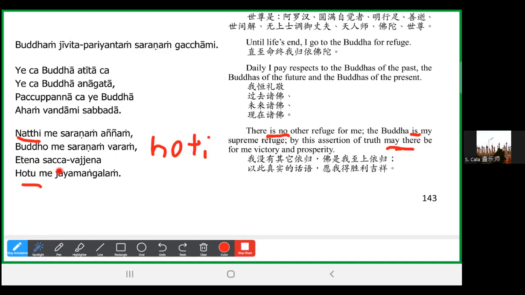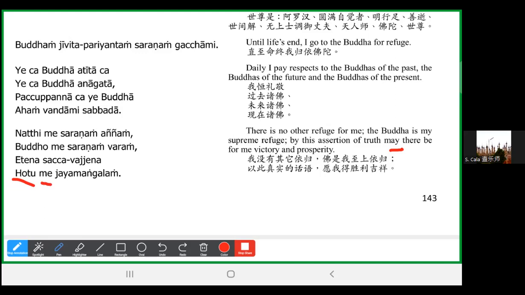All right. Now we're talking about the Four Noble Truths. If you want to learn the Pali word, Four Noble Truths is Satya. Especially when you learn Abhidhamma, you will see this one. Satya, so assertion of truth, Vajja. Ena, for those who learned before, is an instrumental here. Hotu, may. Imperative. Here it is talking about a wish, a kind of wish. May there be for me.